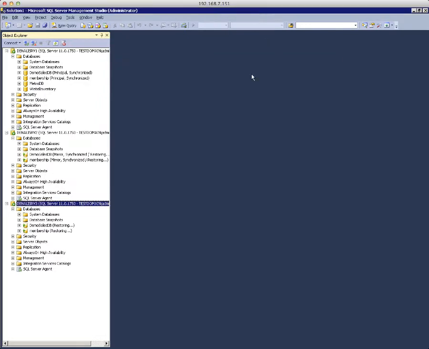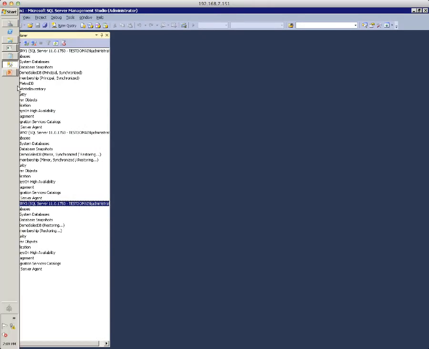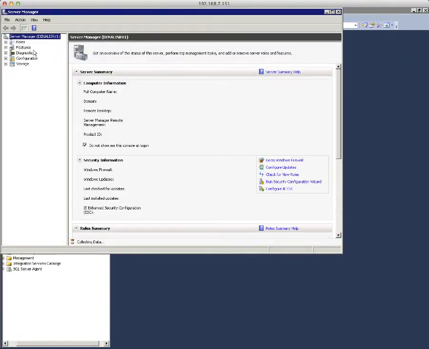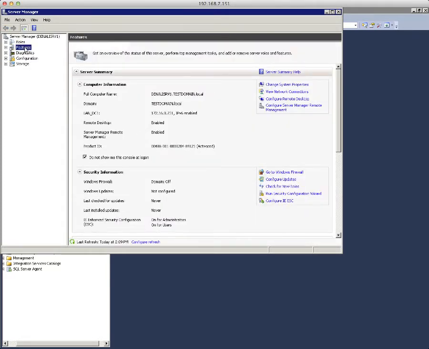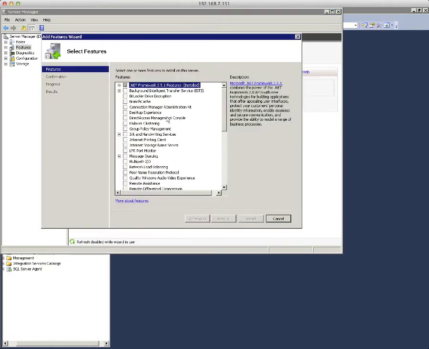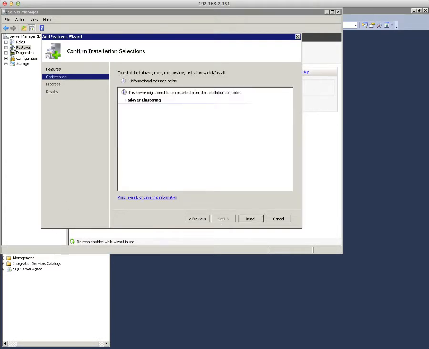So let me open up Server Manager and enable the failover clustering feature on the server. Now you have to do this on all of the servers that you want to participate in your availability group. In my case, I've already enabled the failover clustering feature on both SRv2 and SRv3 just to minimize the time required to do that. So I'm going to enable that feature, in this case the failover clustering feature, on all of the nodes. Now before I do that,